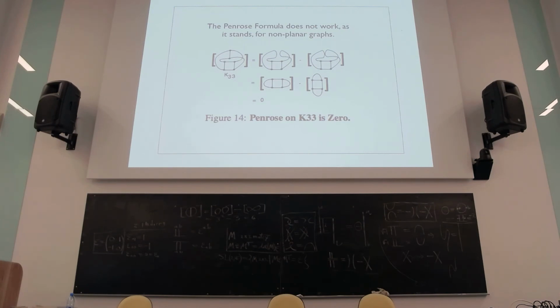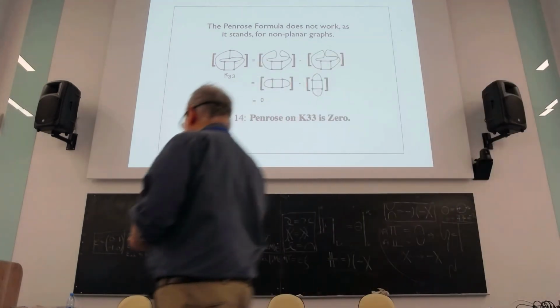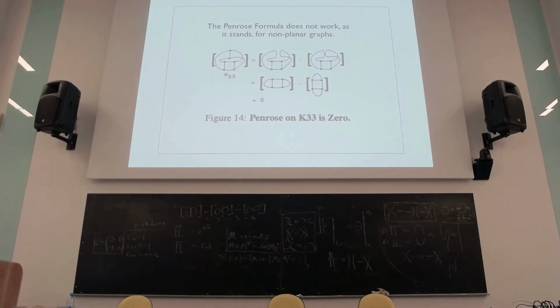Here's K33, and we tried it out, expanding it this way and the cross and the minus, but you see, by the same argument as we made before about those loops, one of these is connecting it horizontally and the other vertically, but you get the same graph and it cancels out and gives you 0. What went wrong here? Let's look at what went wrong, and then I can tell you how to fix it, and we'll stop